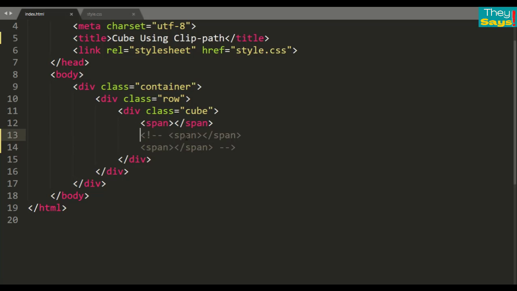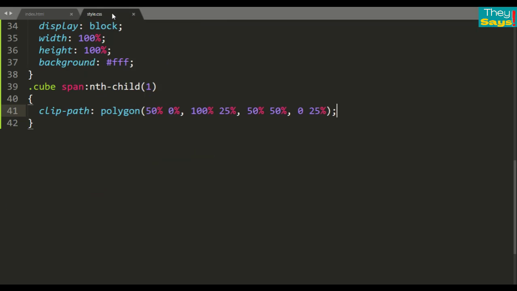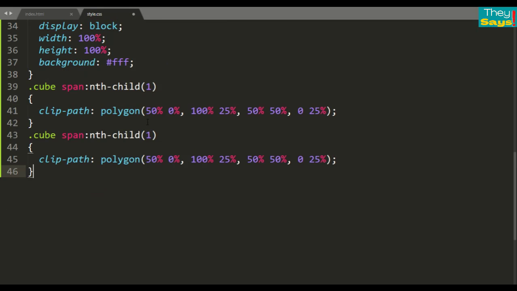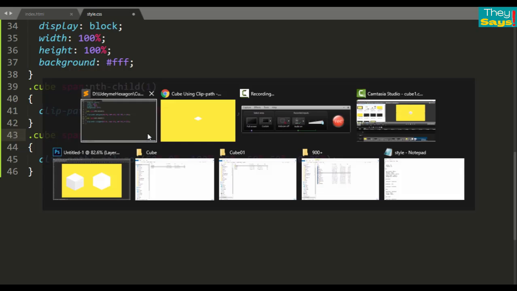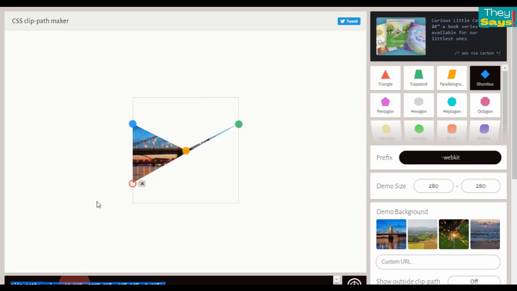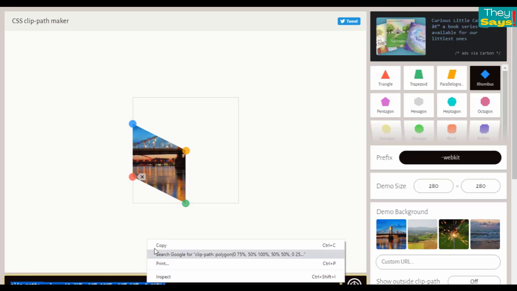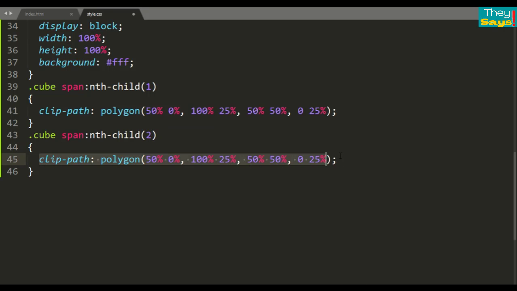Okay, now we make the shape for child 2. Move this point. Copy this code and paste here for the second child.